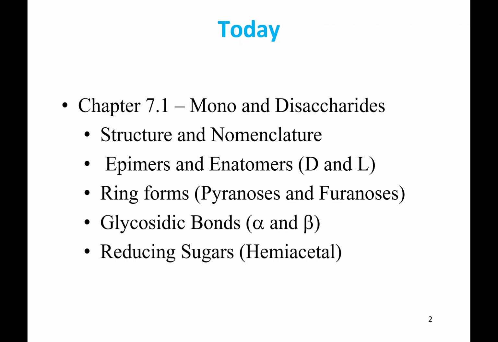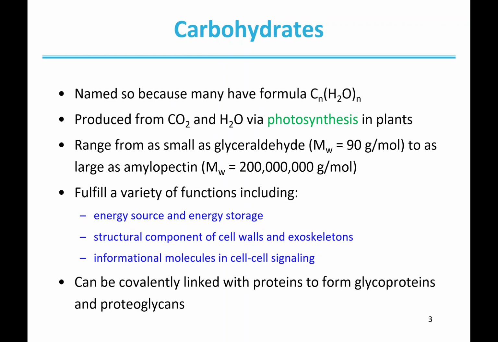Glycosidic bonds are formed when two or more sugars bond together to form chains. Okay, and then there's another type of structure designation for these, and that's known as anomers. And there's two forms, the alpha and beta anomer. Okay, and finally, we'll talk a little bit about what's a reducing sugar and what's not a reducing sugar. Okay, so starting out,